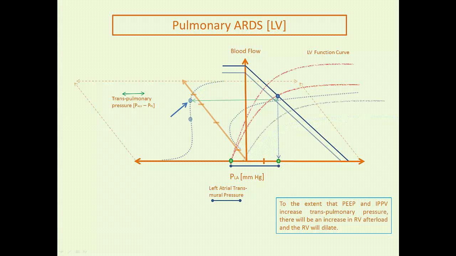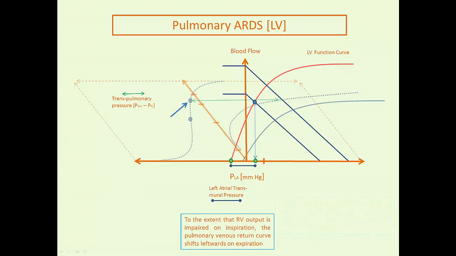Then on expiration, the RV tends to dilate with inspiration when the right ventricular afterload is high. With expiration, the RV tends to shrink in cavity size, and that may release some of that negative diastolic interdependence effects on the LV. But I've illustrated it here that this is a few cardiac cycles later with the steady